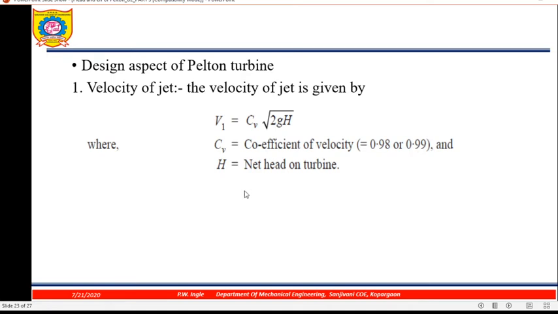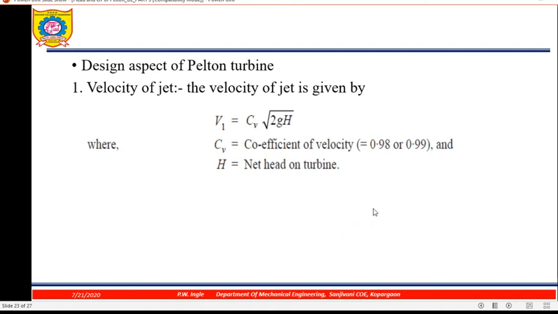You see, we have calculated kinetic energy. What is kinetic energy? It is 1 by 2 m into V1 square. What is m? It is rho AV. AV is what? Q. So 1 by 2 rho Q into V1 square. What is V1 square? It is 2gH. Okay. If Cv is 1, correct, so you are getting what then? 2 will be cancelled out and you are getting rho gQH.